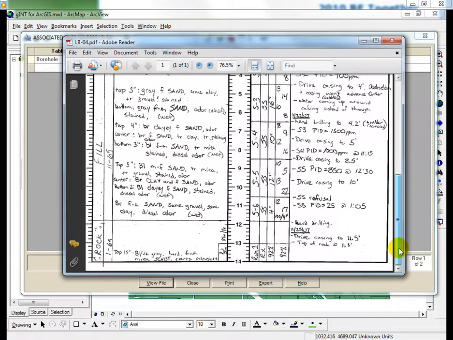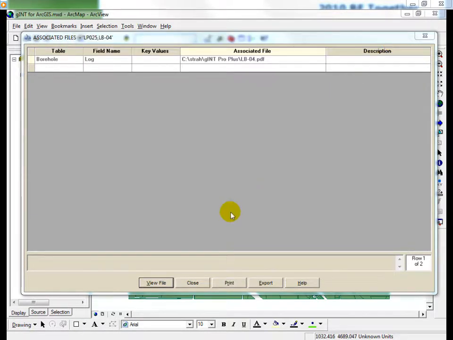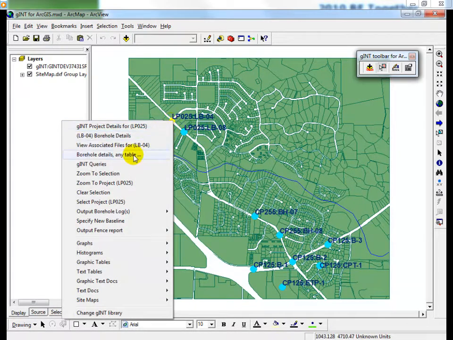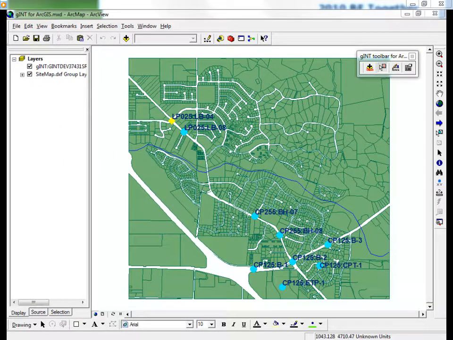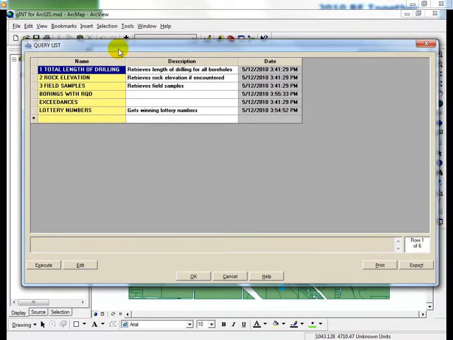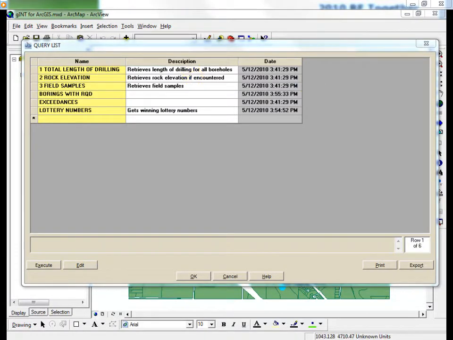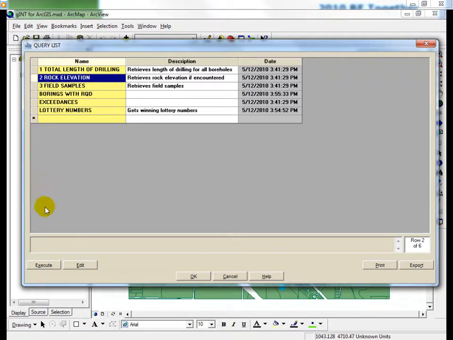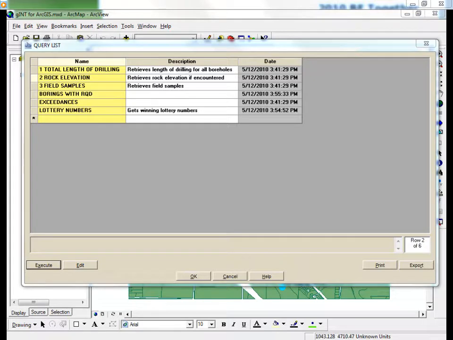So I hope this gives you an idea that you can scan your boreholes, make simplistic gINT projects, and display them on the map, either in ArcGIS or Google Earth environment, Bentley map, and so forth. You can also retrieve some queries saved in gINT, like give me a total length of drilling, or rock elevation. If you want to maybe create a rock surface, it's going to give you like